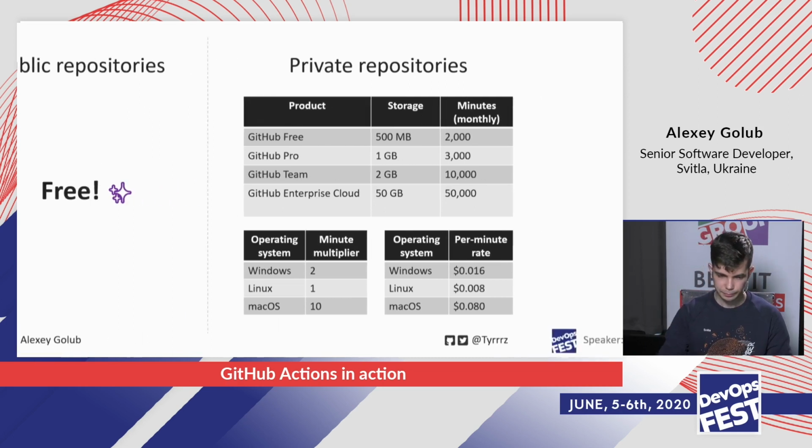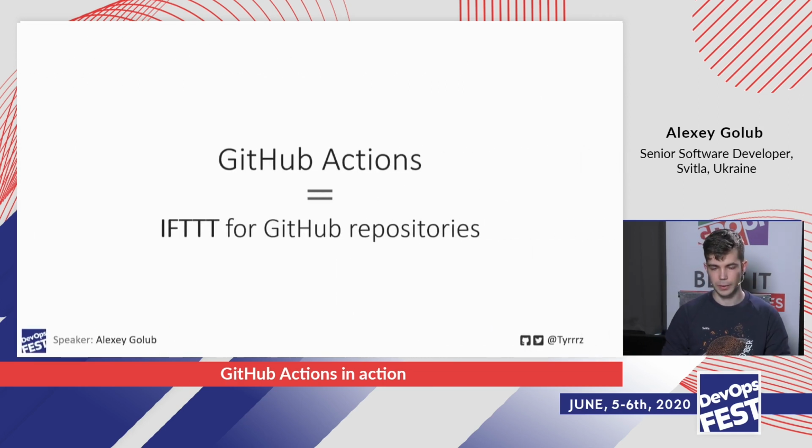Okay, so let's get into what GitHub Actions actually is. So what it is in 2 words, or rather 4 words, is IFTTT for GitHub repositories. And IFTTT is a very catchy acronym that just stands for if this, then that. And it's sort of a catch-all phrase for, I guess, any system that has some events and also has a way to register to those events and trigger some actions or workflows based off of that. And GitHub is actually an example of that system.